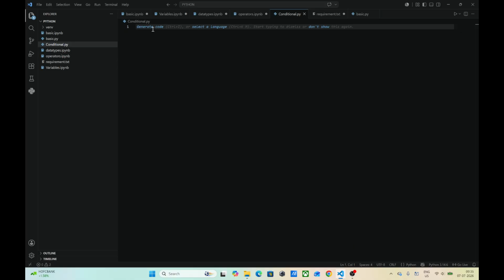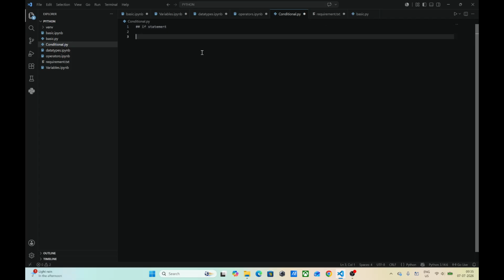First I will show you the if statements. I will show everything one by one, so don't worry about that. If statement, and I will try my best to make you understand every topic very easily. Suppose take variable age, let's say 20. Now I am giving a condition: if age is greater than equals to 18, okay,